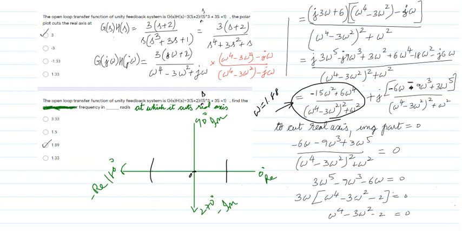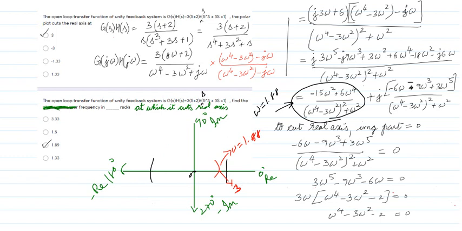Now you can observe a very important thing, where the polar plot is cutting. Let me say this point is 3, which is what we found out. At what frequency is it cutting? The frequency is omega equal to 1.88. It is not the phase crossover frequency as asked in the question, because for the phase crossover frequency it should cut the negative real axis. But it is cutting the positive real axis, so that is not the phase crossover frequency.